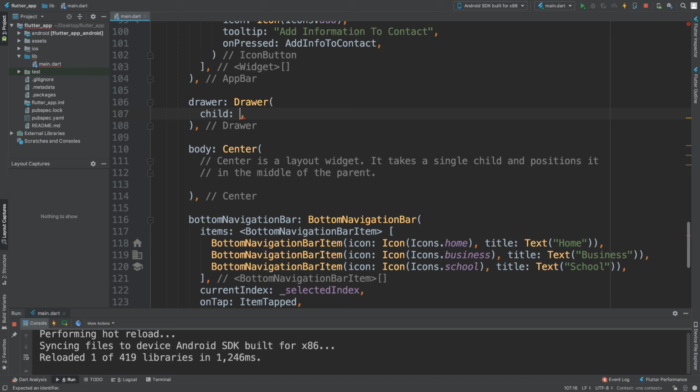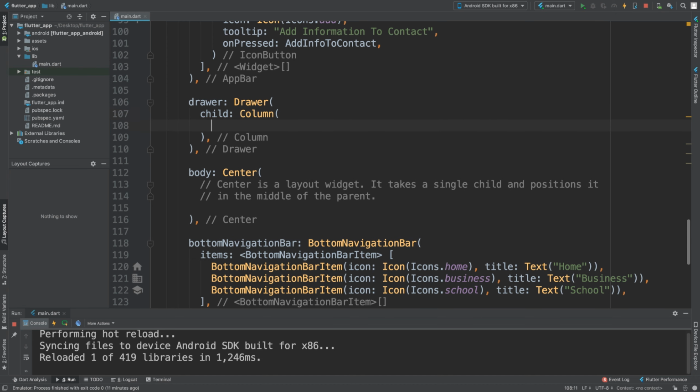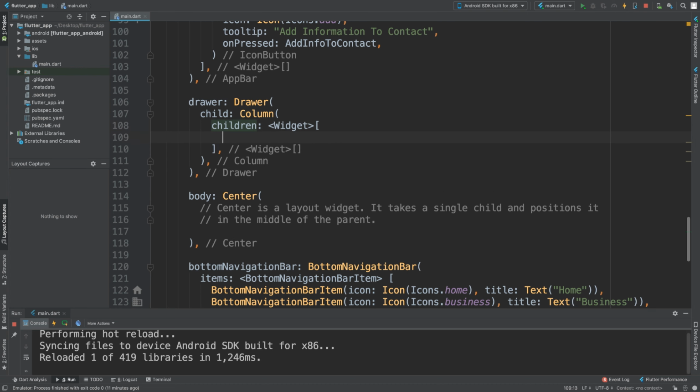And for the child, if you just add one child, that's it. You can't add anything else. So what I recommend is that you add a column, and inside the column you obviously have children, and here you put all of the items that you want. You can have any sort of item, images, text, but to get the best format, what you want to do is put a list tile,